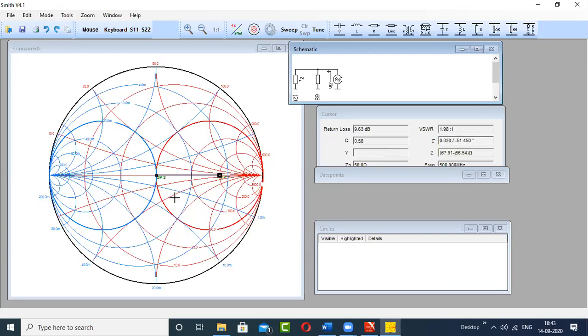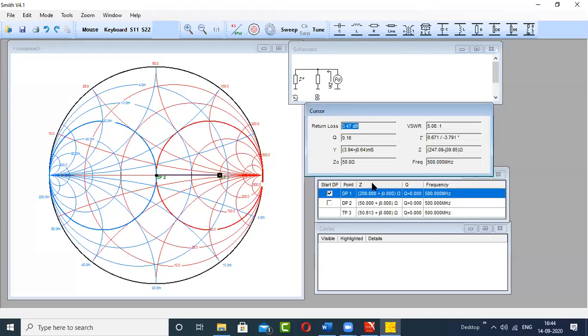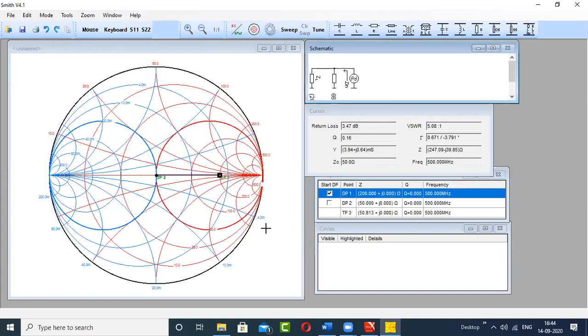But suppose this kind of technique is used in a mobile phone, then your mobile's battery that you have charged will discharge very quickly. So that should not be used, right? So what to do? Use reactive components.